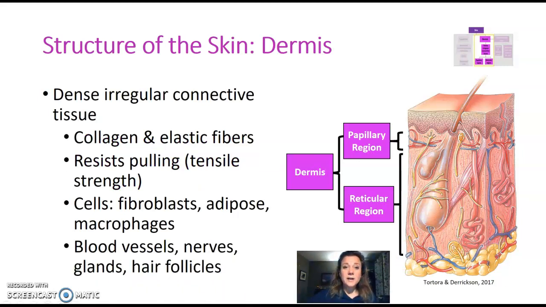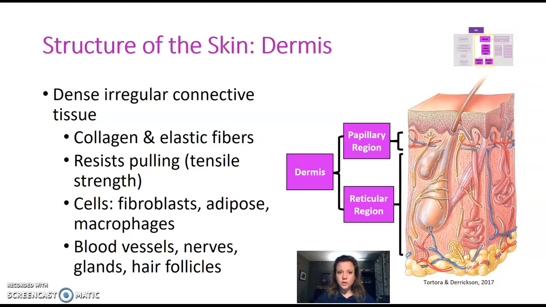Okay, so our dermis is made up of dense, irregular connective tissue, which means that it has a lot of collagen and a lot of elastic fibers. And recall that collagen and elastic fibers are simply proteins. But this is dense, irregular connective tissue, which means that these protein fibers are not arranged in a uniform fashion, like they're not all facing one direction. Instead, they are arranged kind of in a random order where they're all kind of crossing each other, forming a